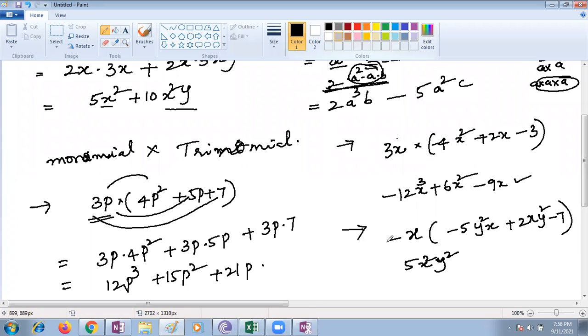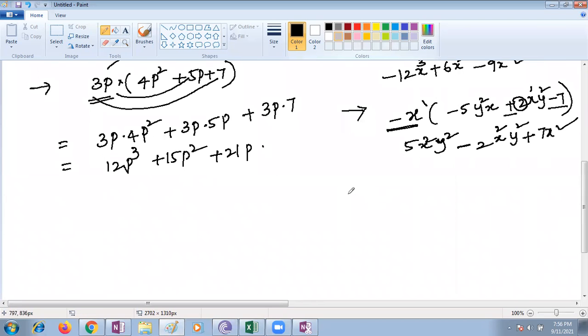Plus or minus? This is minus. This is plus. So minus into minus is plus. 2x square, minus, very good. 2x, minus, then y square. What is the numerical value here? 2. Very good. Here x power 1, here x power 1. That means 2x square. Here it is multiplication. Then y square. Then here minus into minus again, and plus 7. Plus 7x. Good.